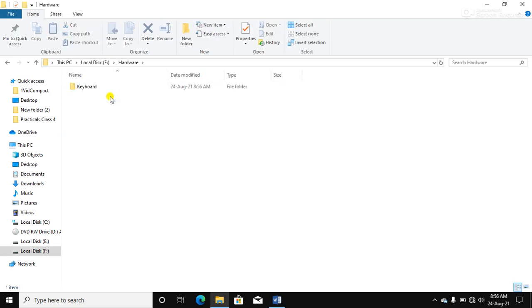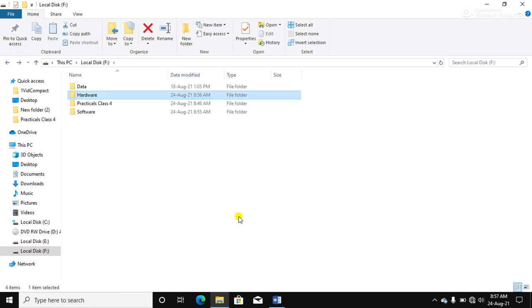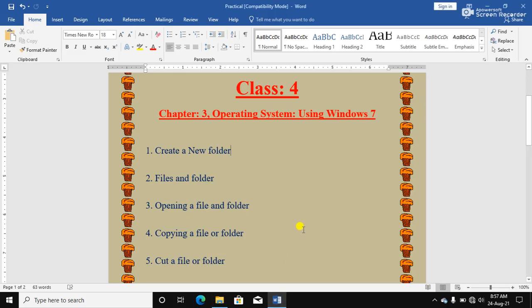So see, keyboard is called the subfolder of hardware. So a file is a document that stores collection of related information. Got it? And a folder can contain many files. A folder can be created inside a folder. Such folders are known as subfolders. Got it? So this is called files and folder.